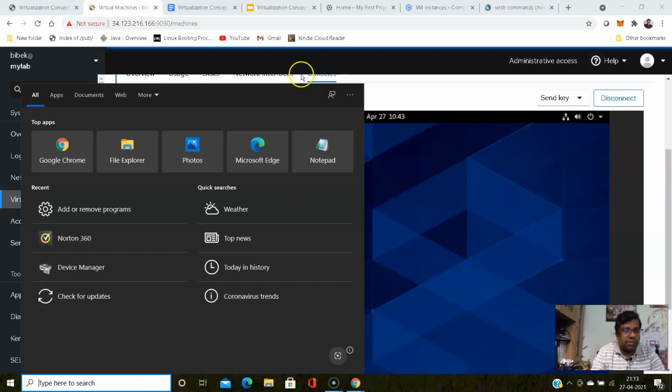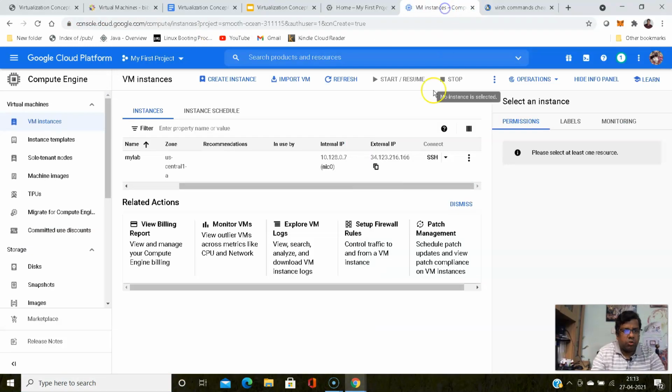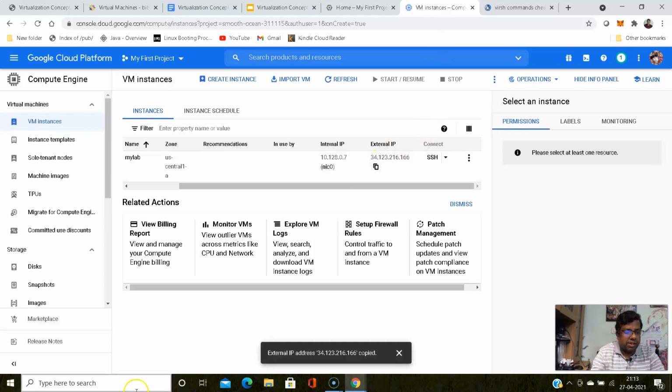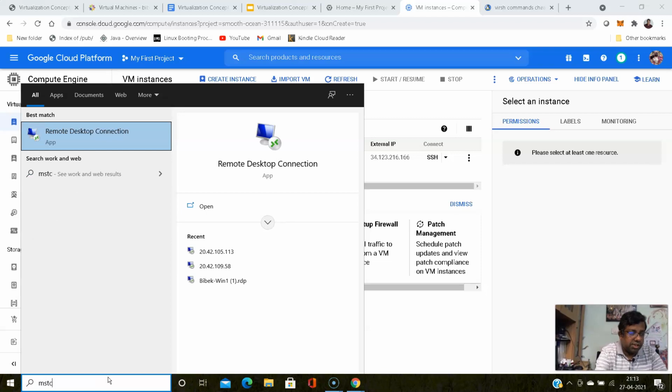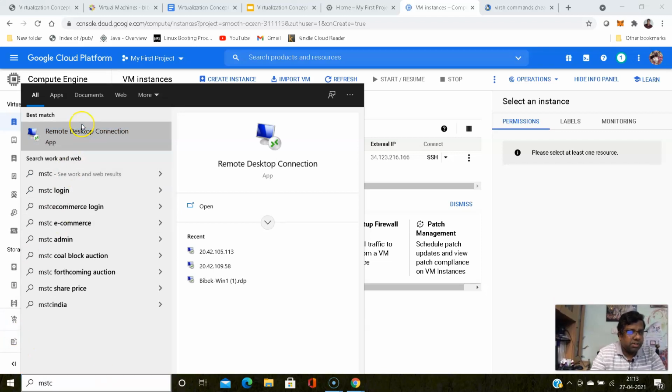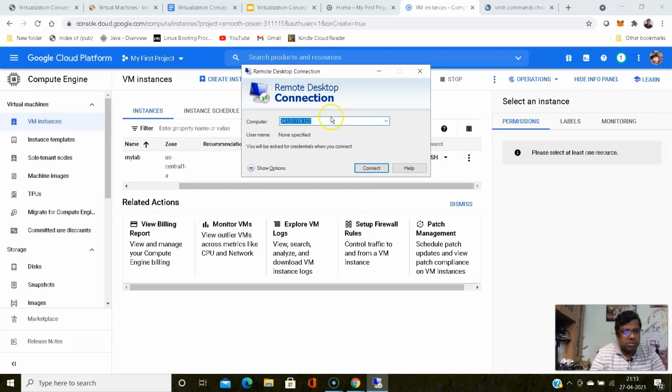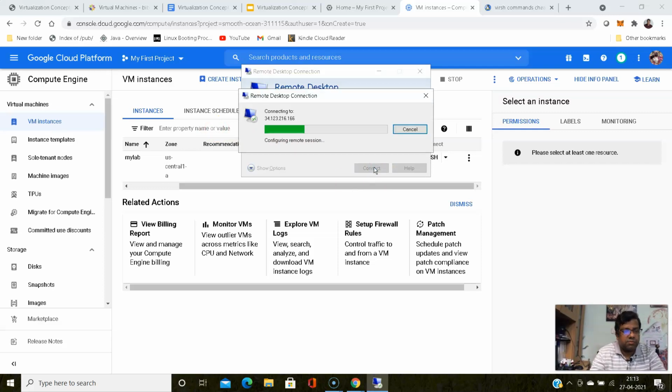You need the public IP. So go here, copy this public IP, and you can use MSTSC, the remote desktop. Just change the IP. Let's see if it works.